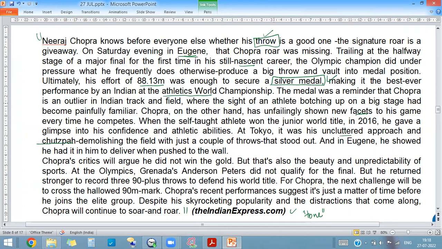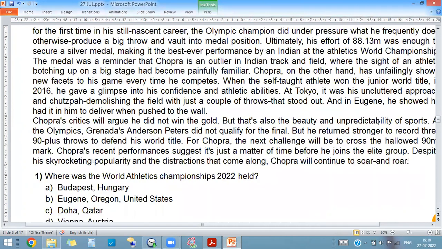So you'll have to be aware enough when some event of international or national importance is happening, and read up on it. That's the only way to work with current affairs. He's given a few details also. All of this is good to know because you should know who won the gold, and that we won the silver. So let's look at the first question.